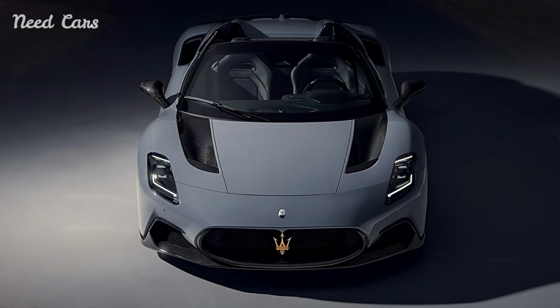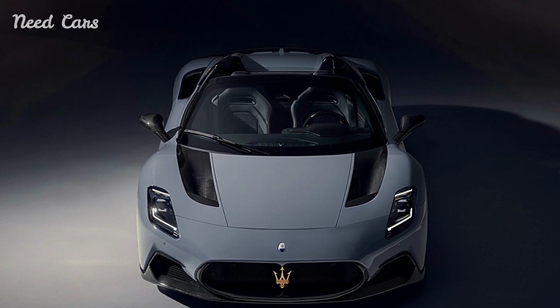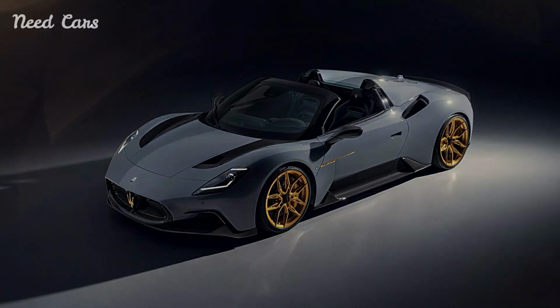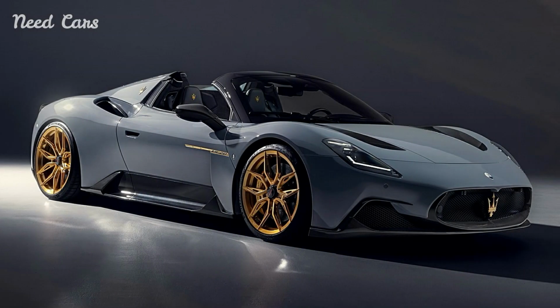One of the standout features of the MC20 Cielo is its distinctive gold-finished wheels, which not only add a touch of opulence but also highlight the car's sporting credentials. These wheels, paired with performance-oriented tires, enhance grip and agility, ensuring that every twist and turn is met with precision